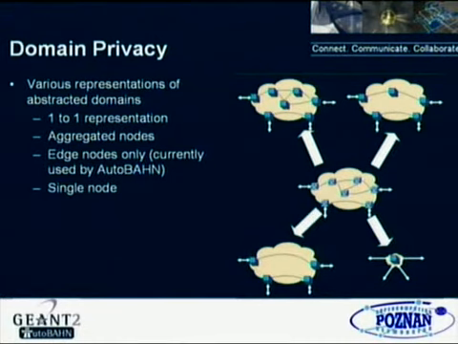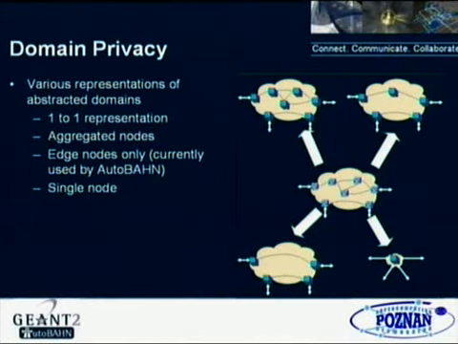So we have the second model, which is the aggregated one, when you hide some part of the network behind the virtual nodes and simplify the topology for the others. Another option is to represent the edge nodes only, which we chose for the Autobahn. So you take the nodes at the edge of the domains, and you show the interconnectivity between them so that other domains know how to reach you and how to traverse you